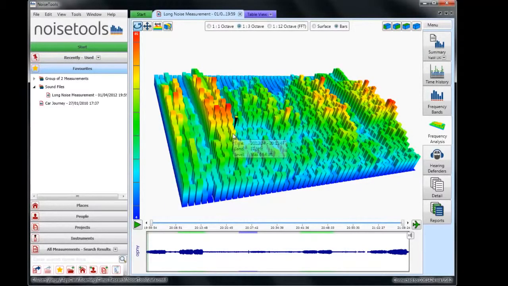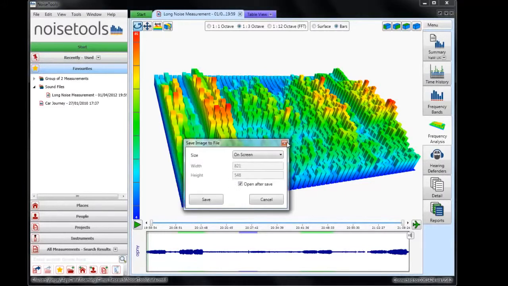It can take a little bit of time to calculate, but again we've got more detailed information. At any point we can right click and we can export that graph in various resolutions. This is quite useful if you're going to put it into a report where you might want a high resolution